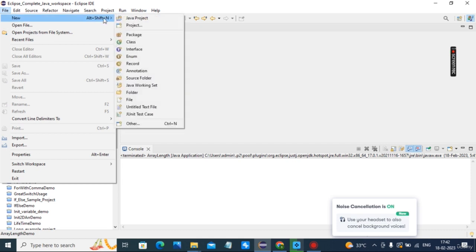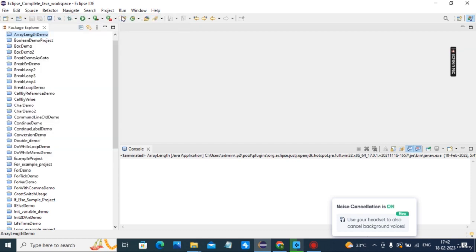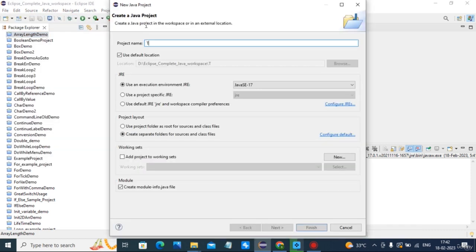We will create one more project, test stack table 2.